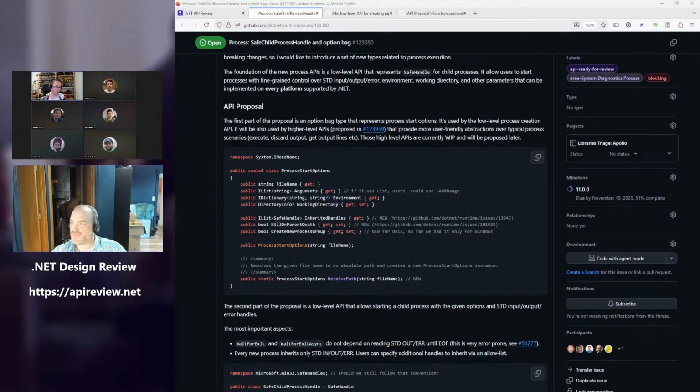Of course, we need a constructor. I decided for it to just take the file name. And then next,